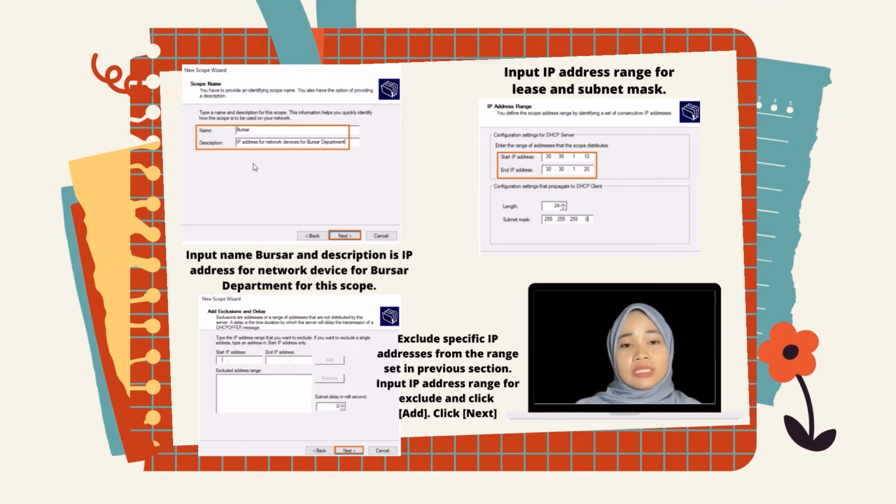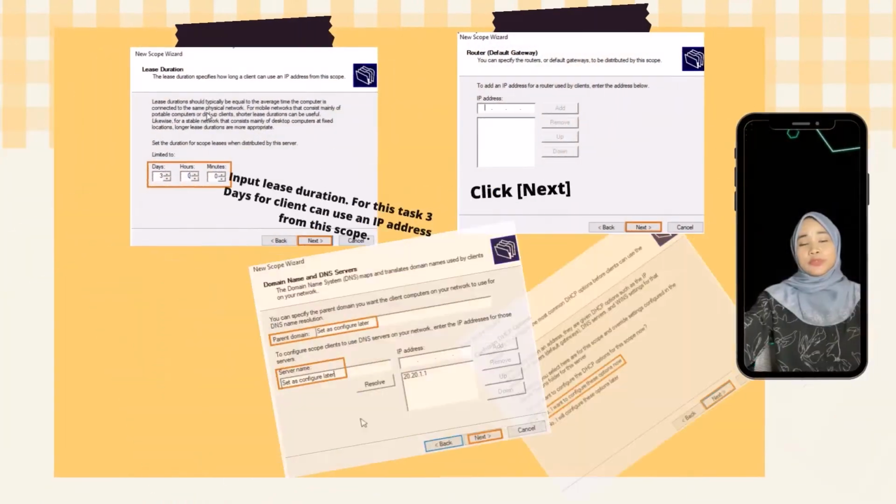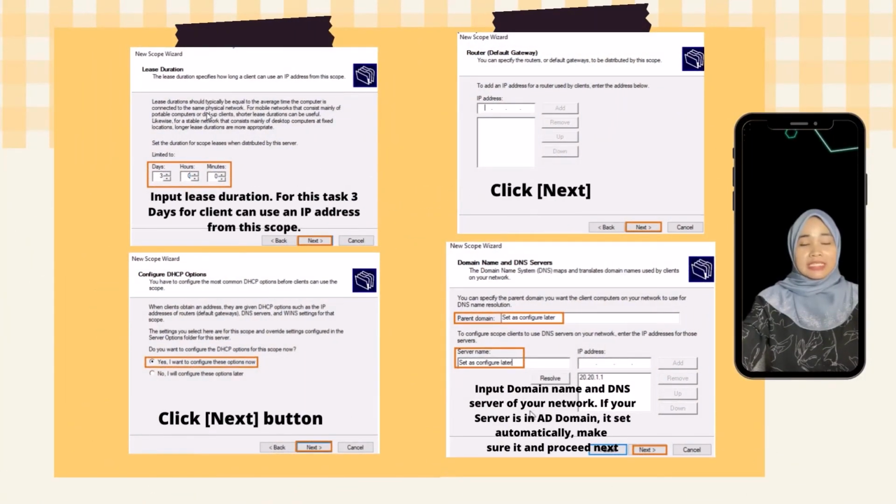starting at IP address 13.13.1.10 and ending at 13.13.1.20. Exclude specific IP addresses from the range set in the previous section. Input the IP address range for the exclusion and click the Add button. But for this task, just ignore. Click the Next button. Input the lease duration. For this task, 3 days for the clients to use an IP address